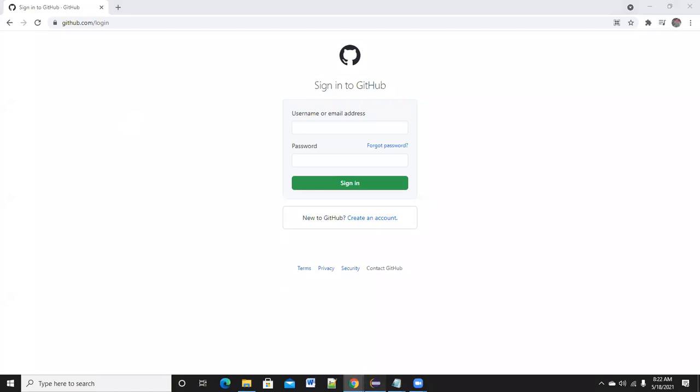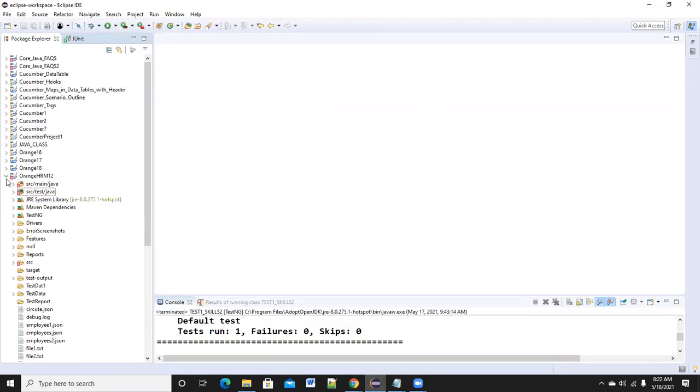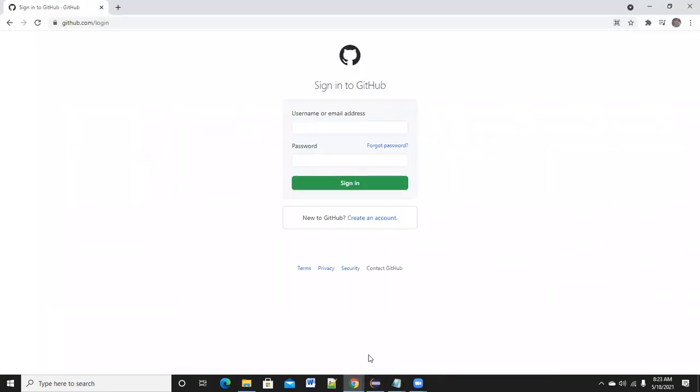And what is the purpose of GitHub? This Orange HRM 12 project is completely located in your local system. You want to upload the entire project code into GitHub.